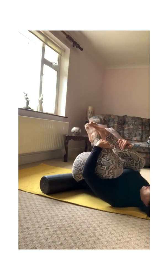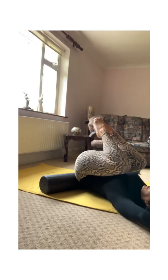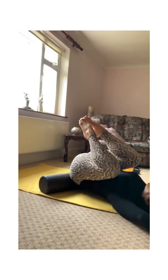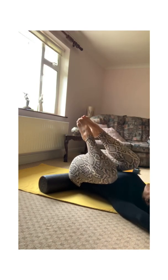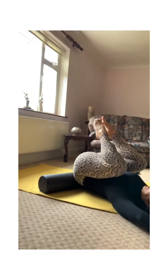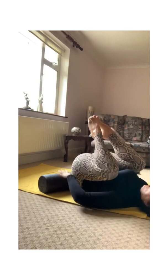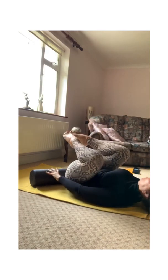So they come in tight. Reach your arms back and little rock side to side. 4 and 3 and 2 and 1. And then roll the foam roller out from underneath you. Put it aside